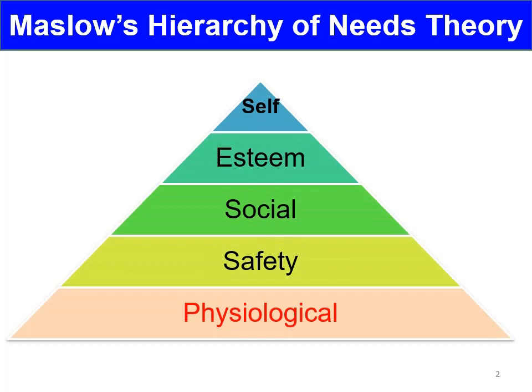So this theory can be referred to as a pyramid, as you can see, and we will start to understand this pyramid from the bottom up, which starts with physiological, followed by safety. The third one is called social, and we have the esteem, and the last at the top there